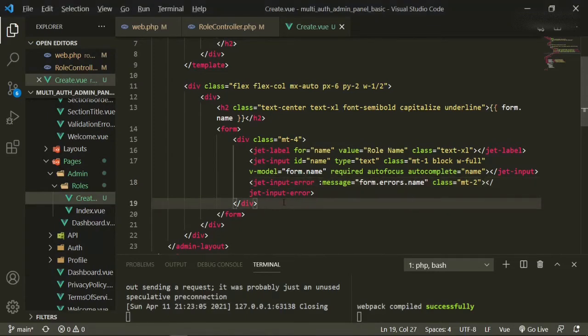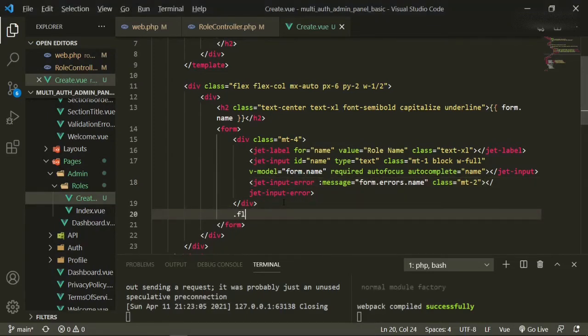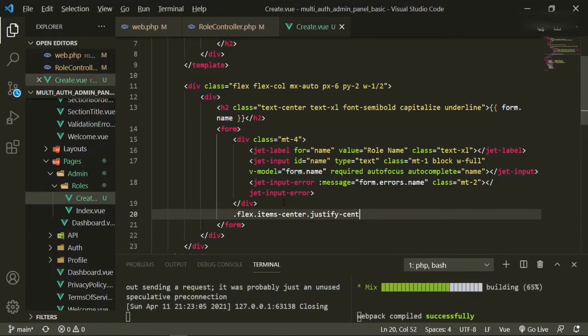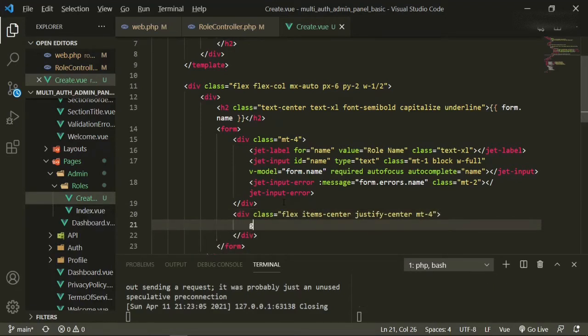Now under this div, we're going to have another div with the classes of flex, items-center, justify-center, and mt-4. Okay, open that up, and then we're going to use the green button here with the class of, well, let's put the type first. So type equals submit, and the class will be text-sm.